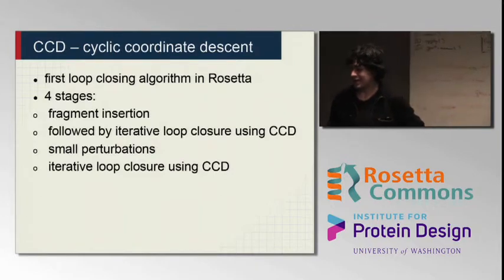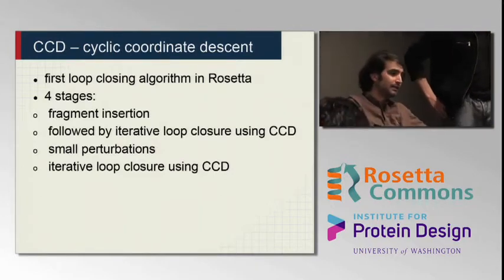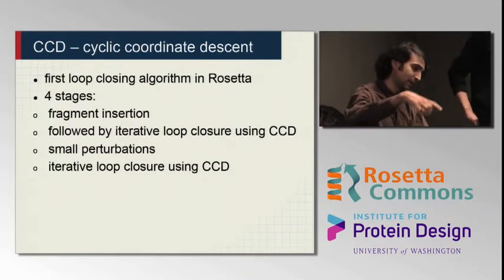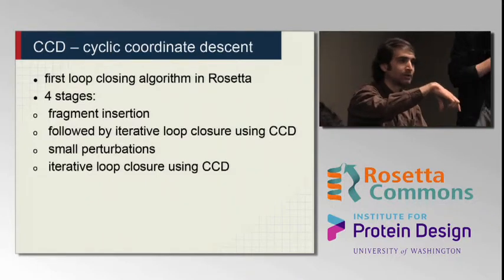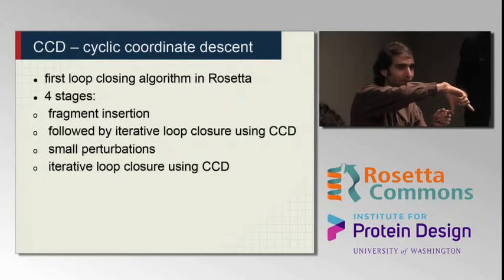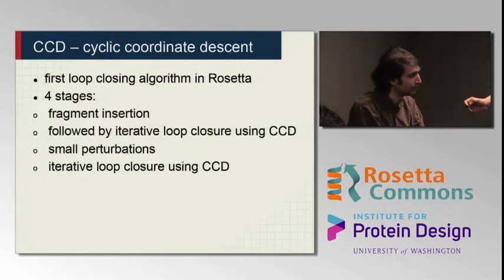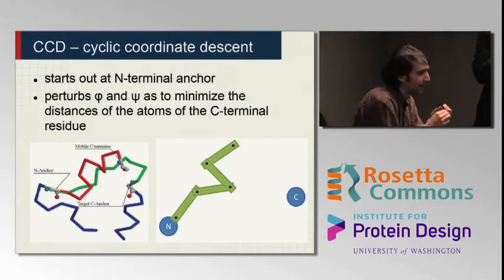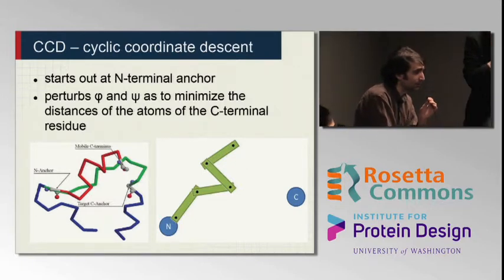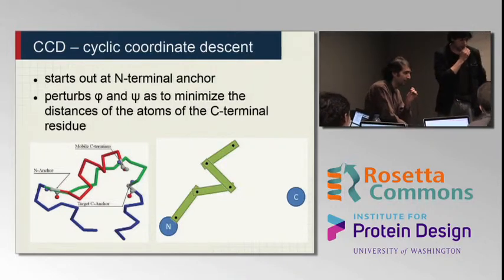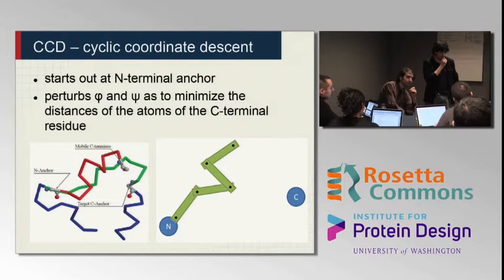The idea with CCD is it's usually fragment based. You find a fragment that approximately fits your loop geometry, and then you're basically using the minimizer to just pull that fragment into the correct geometry to fully fit. In the interest of time, I think that's about all that really needs to be said about CCD. Because it uses the minimizer, there's some expense to every